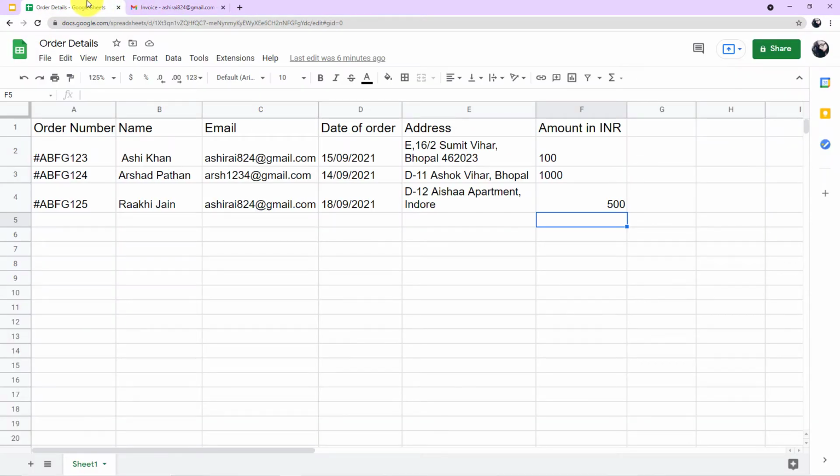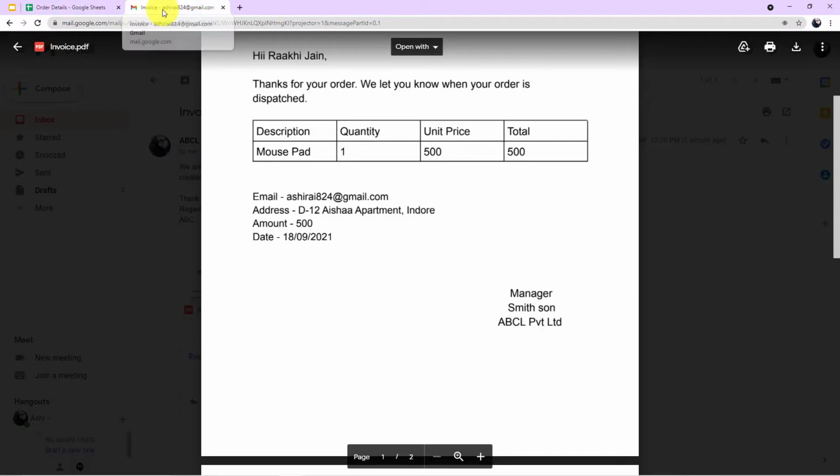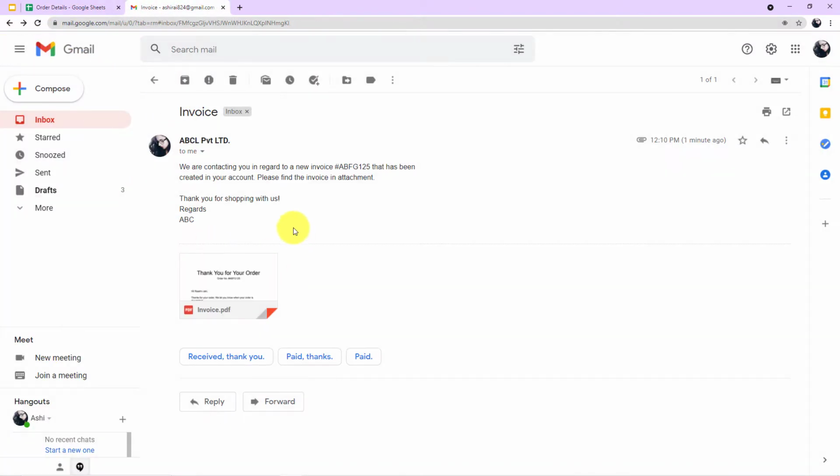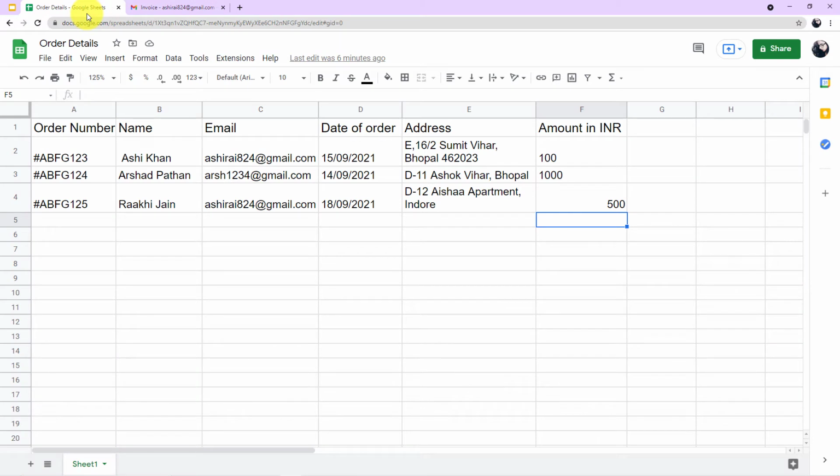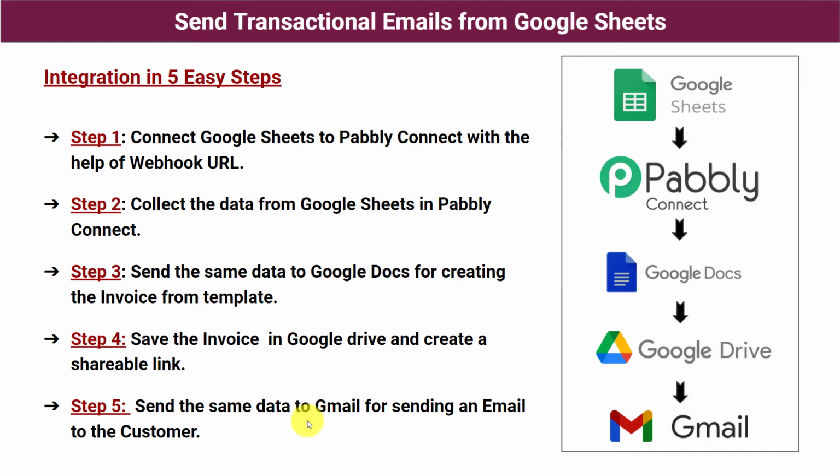Now you guys are wondering how I managed to bring this email here without any manual compilation of this invoice and without manually creating any invoice. So guys, let me give you the easiest steps possible by which you can also make this automation or connection between Google Sheets and the Gmail account of your customers. These are the 5 easy steps by which you can also make this integration between Google Sheets and